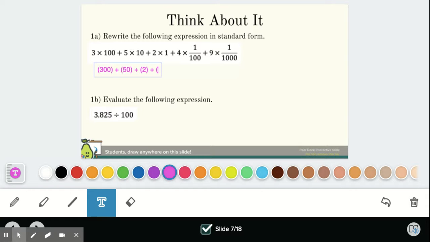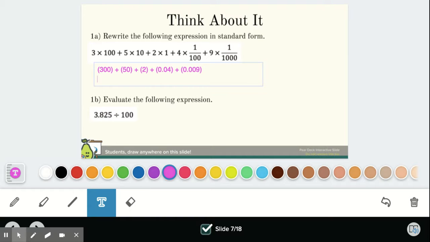4 times 100 means we have a 4 in the hundreds place. And 9 times 1,000 means we have a 9 in the thousands place. So this is tenths, hundreds, thousands. Okay, so now we're going to start to add this up so I can create my number in standard form. All right, so I can see that I have 300 plus 50 plus 2 plus 4 hundreds and 9 thousandths,